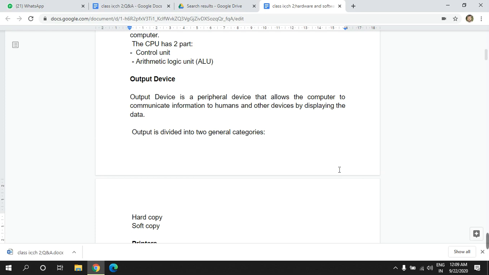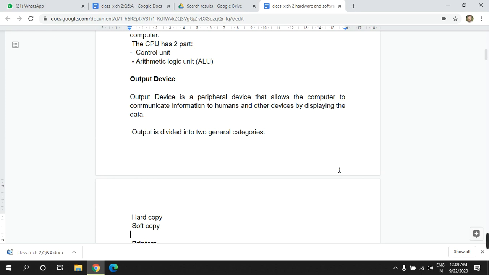So what is the difference between the hard copy and the soft copy? When we say hard copy, what does it mean? Hard copy means when we get anything in printed form on paper, that is called the hard copy, whereas the soft copy is the data in the form of a software displayed on the screen,